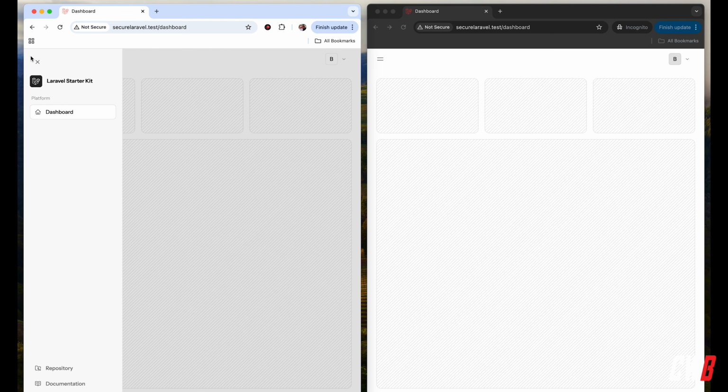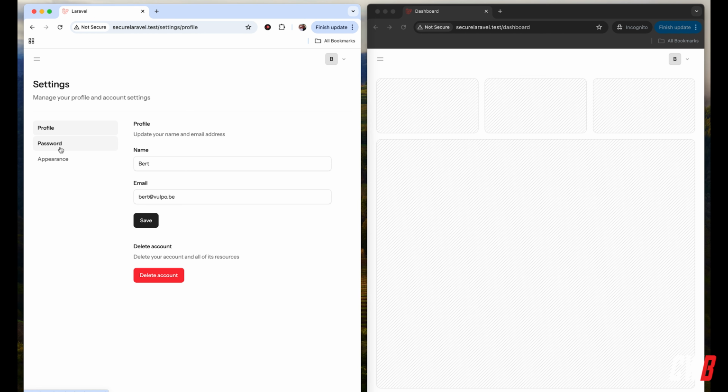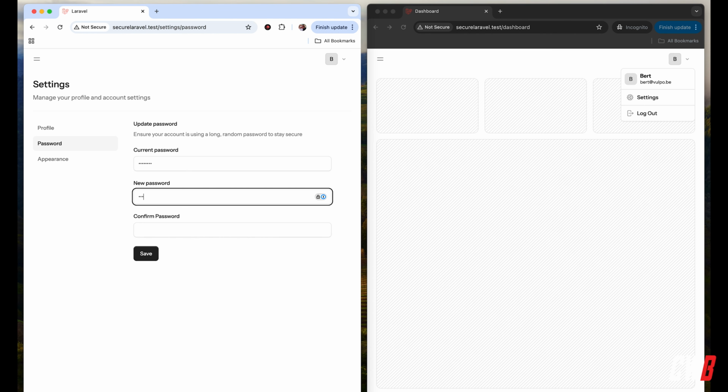Let's continue. So we have this freshly installed Laravel application, and we used the Laravel Livewire Starter Kit to do so. Here we have the settings tab, and we can change the password. What we want to do is make sure that our other browsers that are also signed into the account are logged out. So if I change the password right now, the password currently is password, and I would change it to password1,